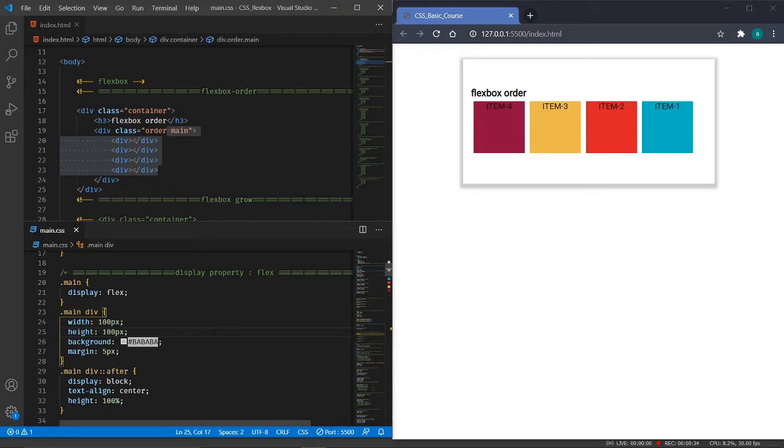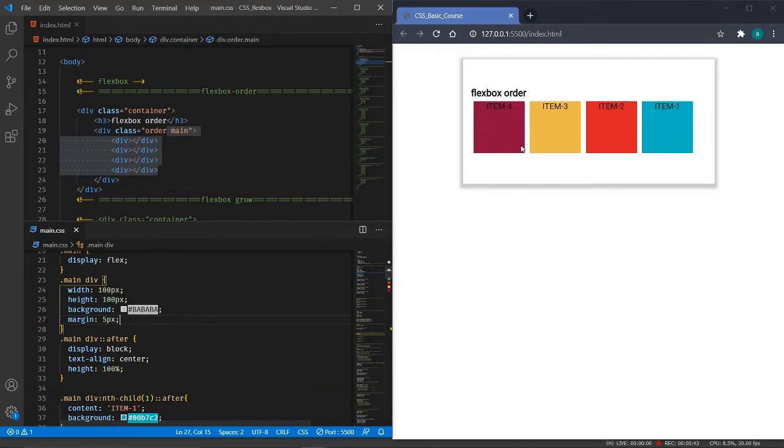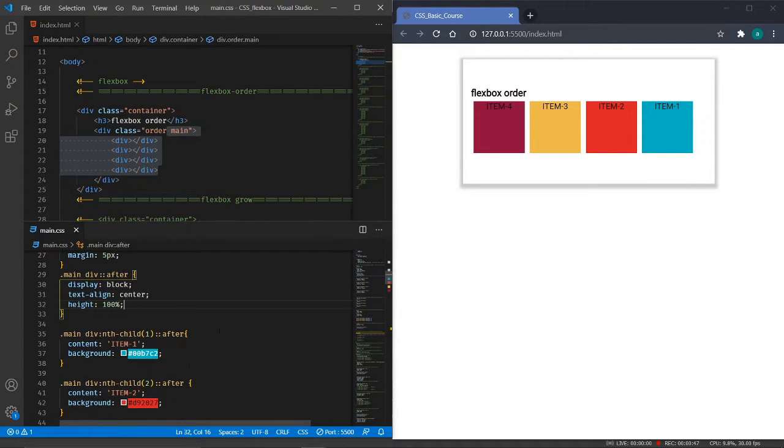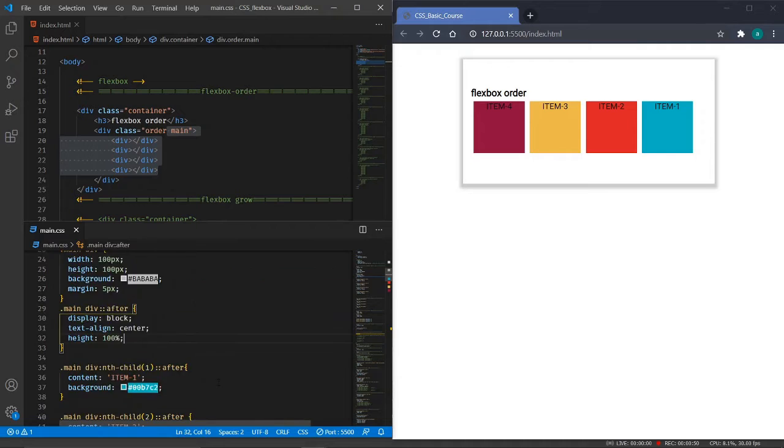I have added the display property to the main. I have given the width and height to them and some background and margin to have some space between them, and a height of 100% so that it covers 100% of that.